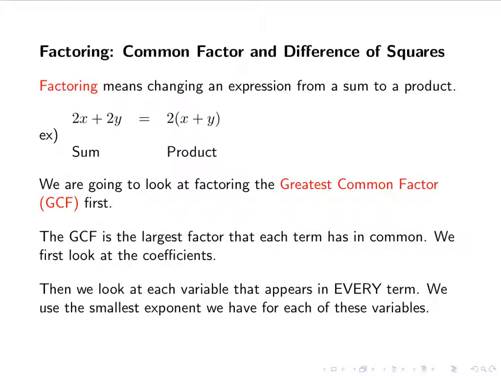Then we look at each variable that appears in every term. Remember, it has to be common throughout every term. Every time there's a plus or a minus sign, those separate terms from other terms. And when we look at the variables that appear in every term, we look at the smallest exponent that it's